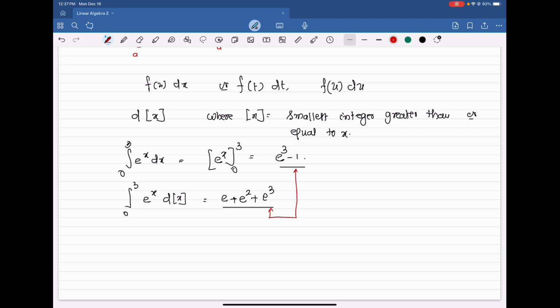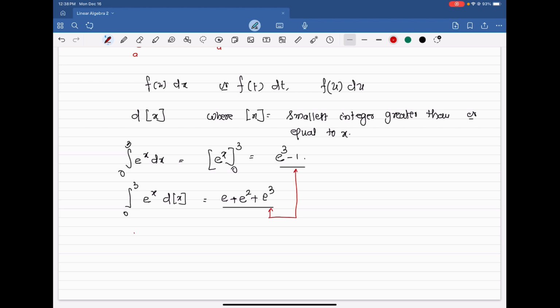Then let us go with a small example. For e to the power of x, we got the values. I'll explain how these values have been obtained. Let me go with a little simpler